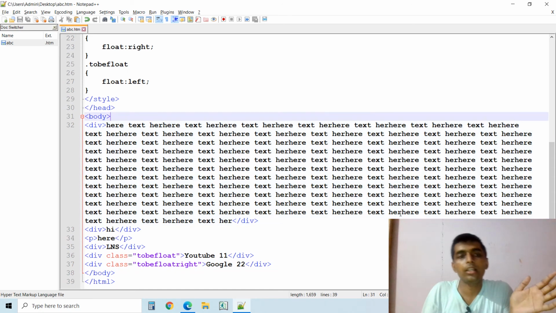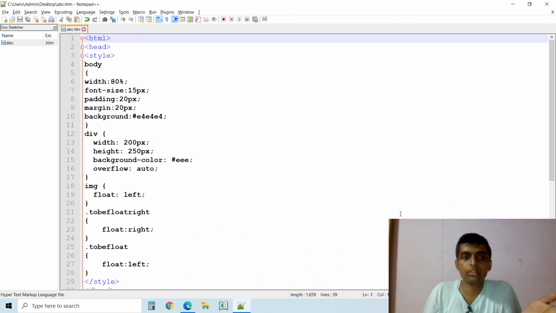In these tutorials, we are seeing briefly how to set up float left and float right easily. Instead of using the table, you can also set up the float. But in some cases, a table is also required.